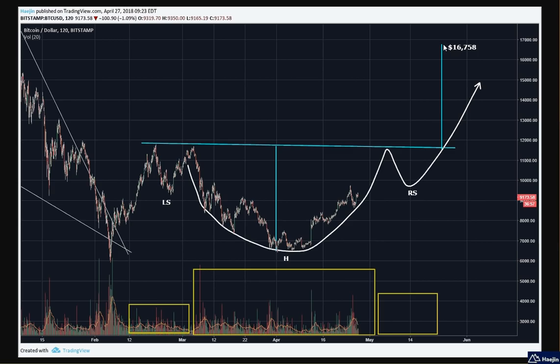Let's see if the volume confirms. Here's the left shoulder, and the height of the head is the highest. This peak does not belong to the left shoulder. It belongs to the head right here. So it belongs to the head volume. And when the right shoulder gets put in, you're going to get probably a volume that's going to be about equal to the left shoulder.